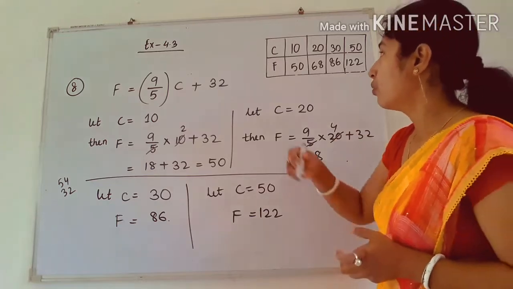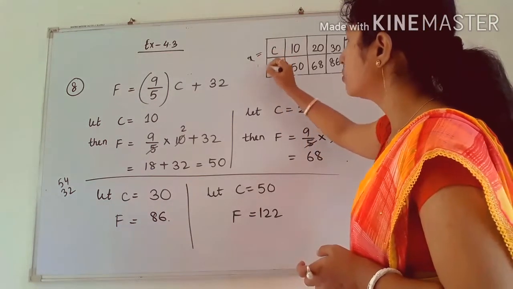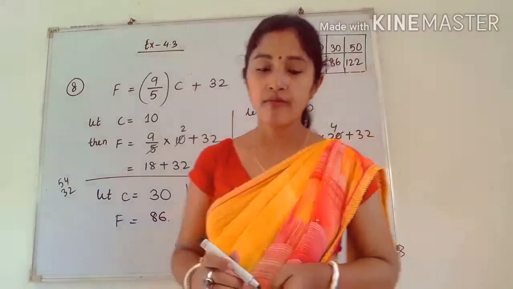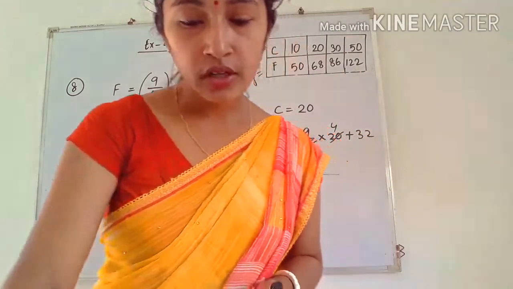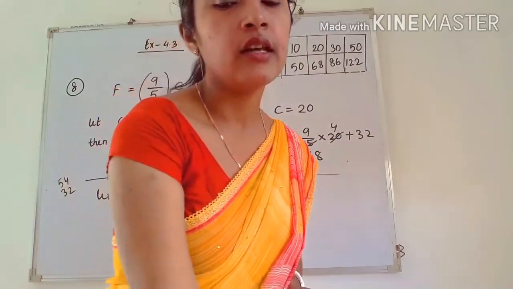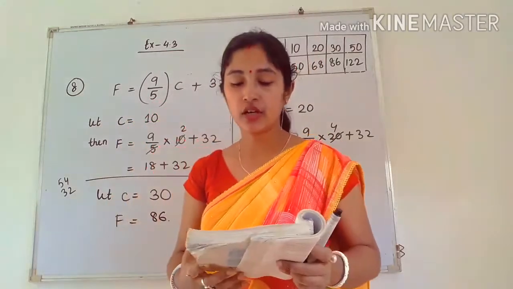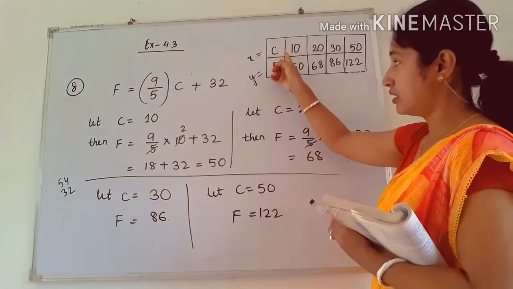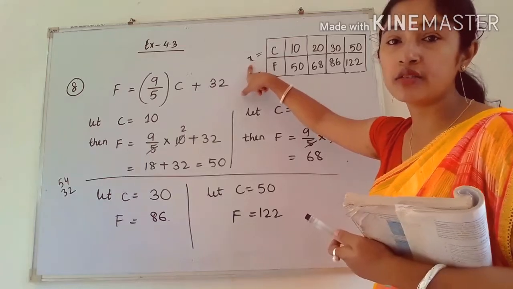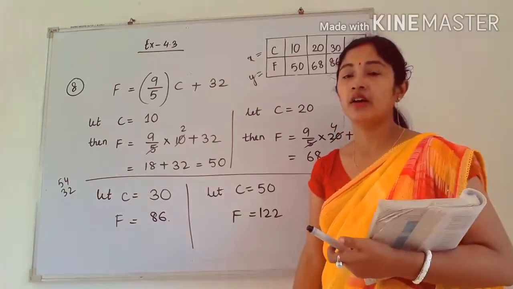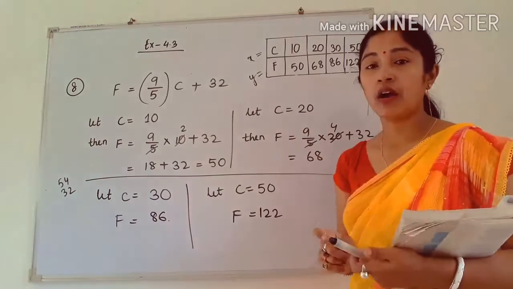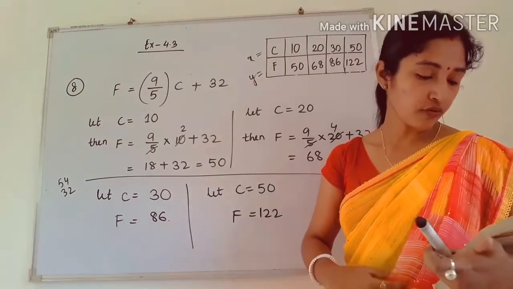So take one as X and another as Y. Oh, sorry. Here in number 1 it is written to draw the graph of the linear equation above using Celsius for the x-axis. That means C you have to take as X. Already it is mentioned, so you have to take it like that. And for F you have to take Y. So you can easily draw the graph of this one.